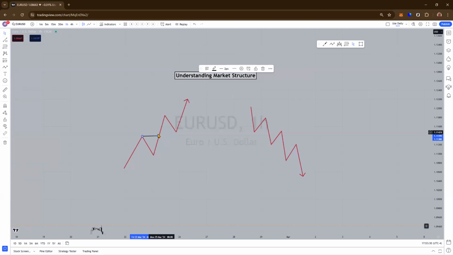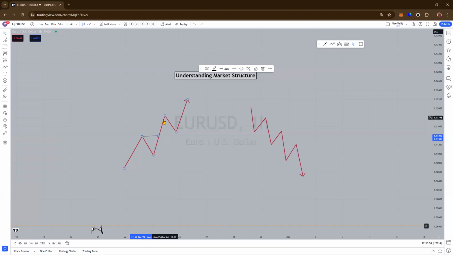And we'll talk about what fair value gaps are and what are order blocks. Okay. And we'll discuss in future videos supply and demand, because my strategy has a lot to do with understanding what supply and demand is. Okay. So whenever there's a pullback, there's an area in between this section right here where there's going to be